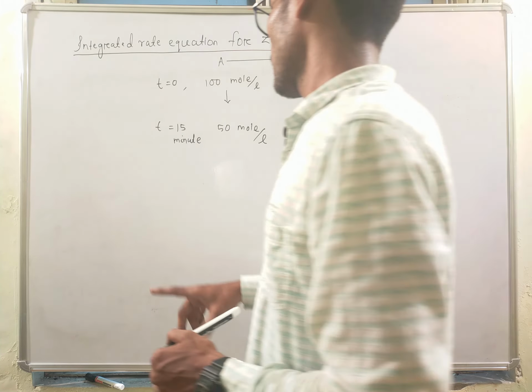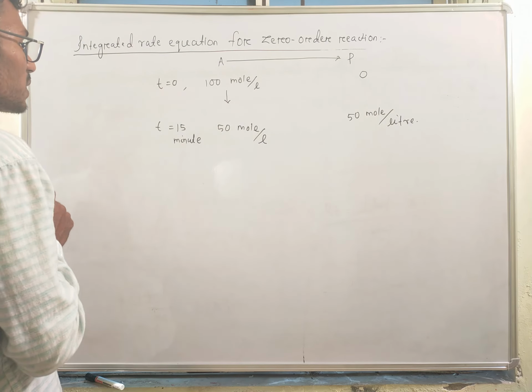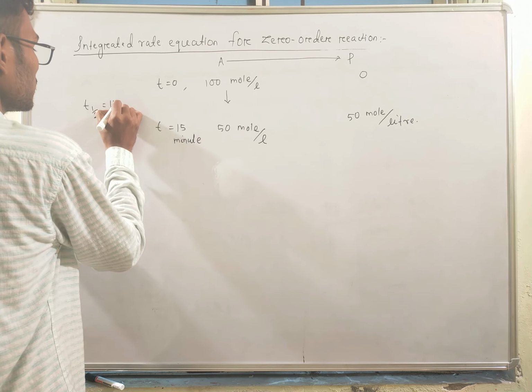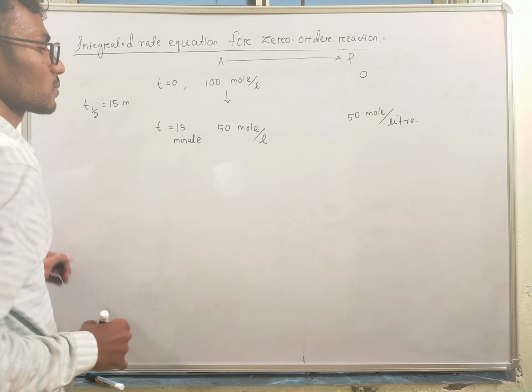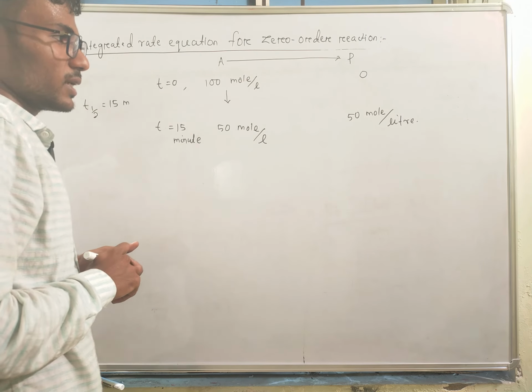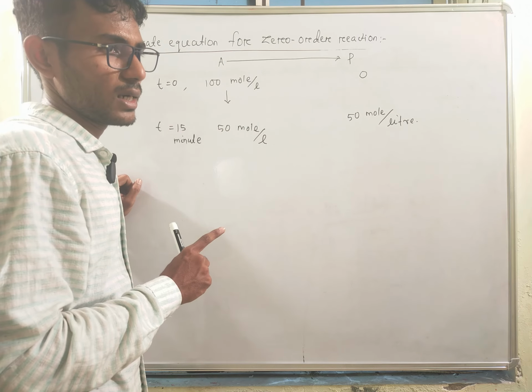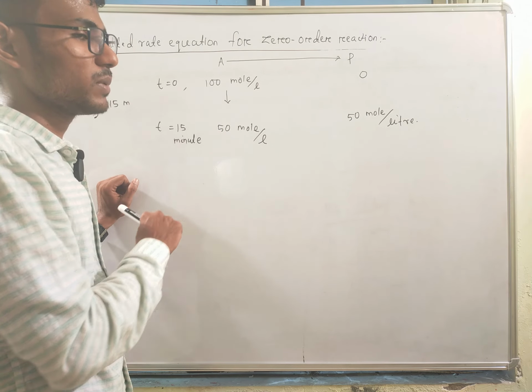So here the 15 minute is the half life period and it is denoted by t half. So t half here is 15 minute. So we can define the half life period as the time required for half of the completion of the reaction